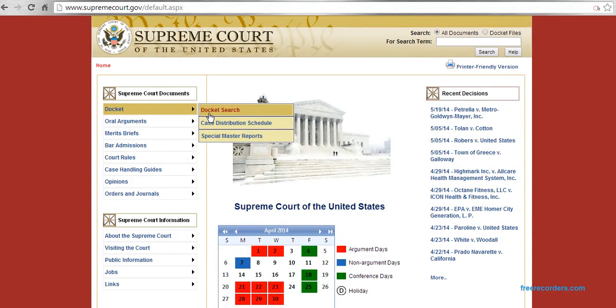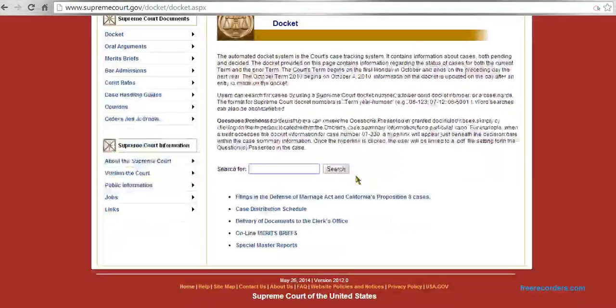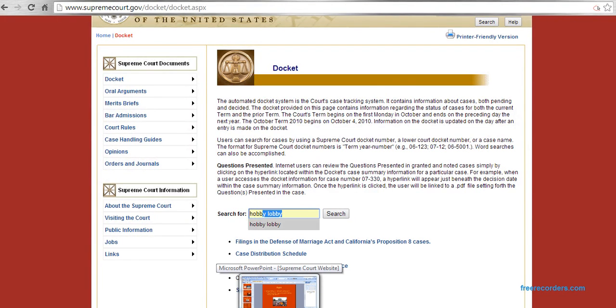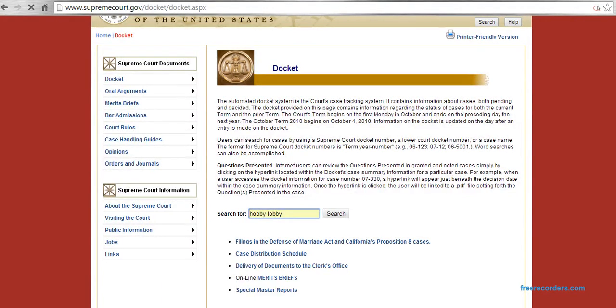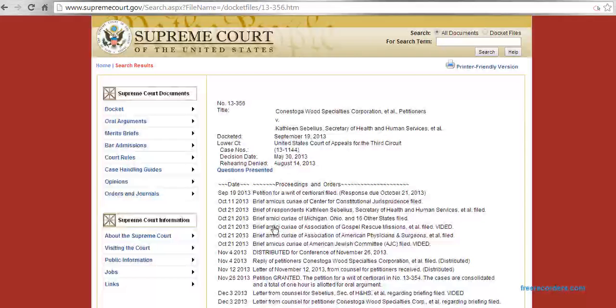Right here on the docket search, if you know the docket number of a current case, you can type it in there and find information about it, or else you can try typing in the name. For example, the Hobby Lobby case. If you type that in, it brings up a few results, and if you click on one of those, verify that it's actually the case